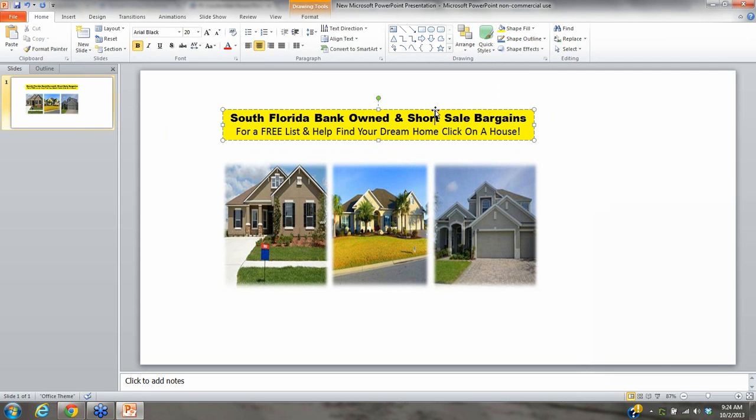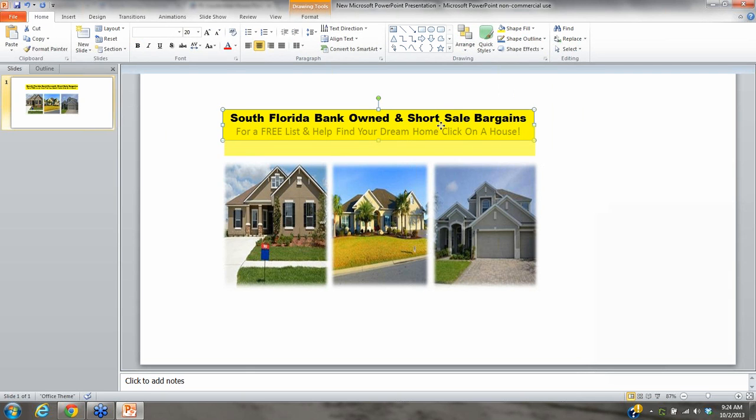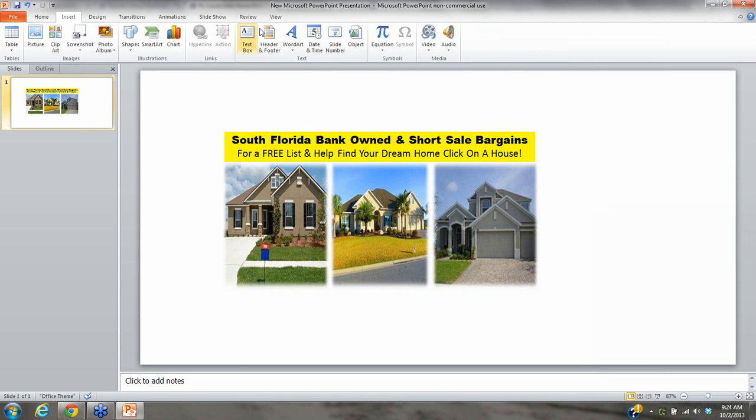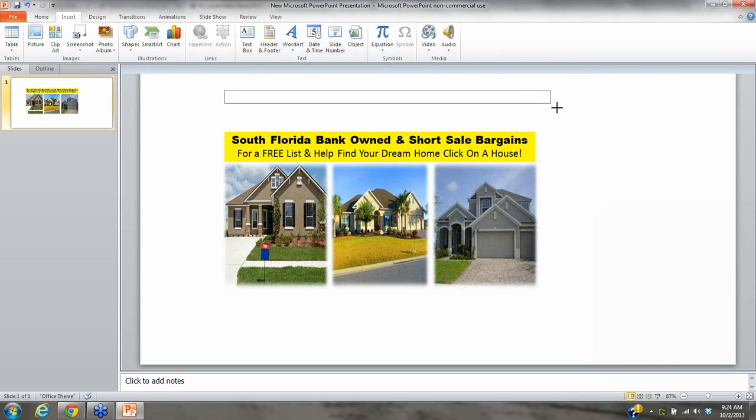Okay, and now I'm going to grab this text box. I'm going to drag it right down here and put it a little closer to the top of my houses. There we go. That looks pretty cool. Then I'm going to say insert, let's go one more text box. Right. And I'm going to say